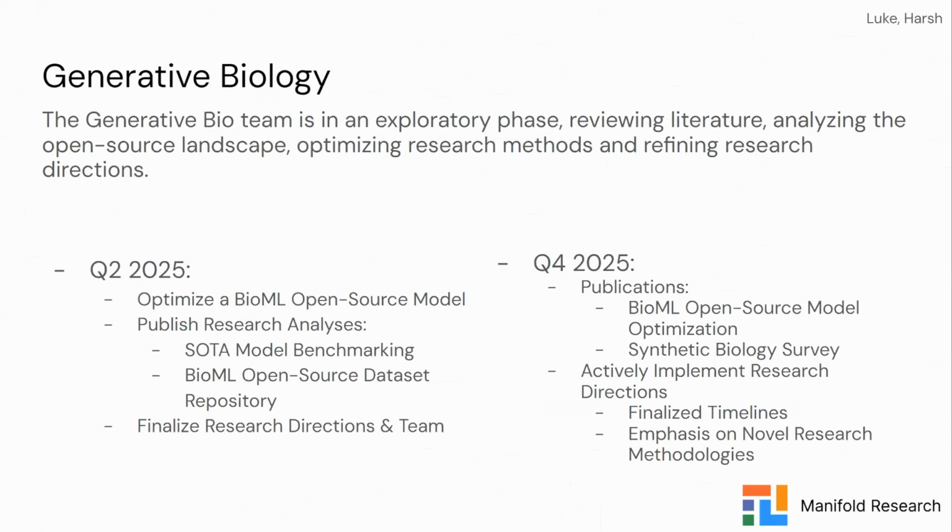This has also traditionally been, I'd just like to note, more of a siloed space. There are a lot of open source heavy AI specializations like large language models and natural language processing, but this is one that historically has been quite siloed, in terms of pharmaceutical companies, and not really having that developed of an open source community and data set. So some of our aims also include optimizing the research methods available and then refining our research directions over time.